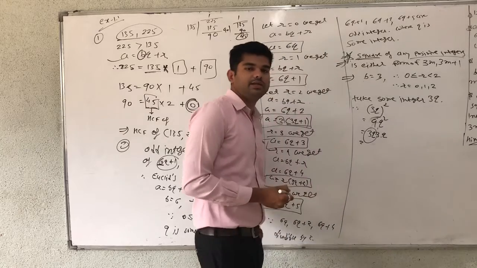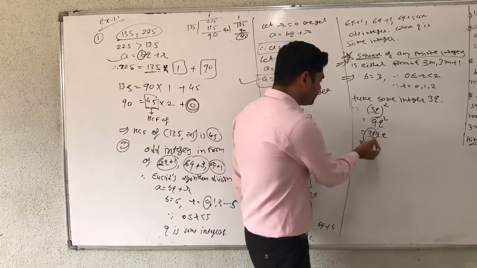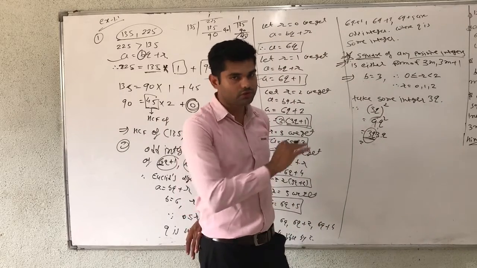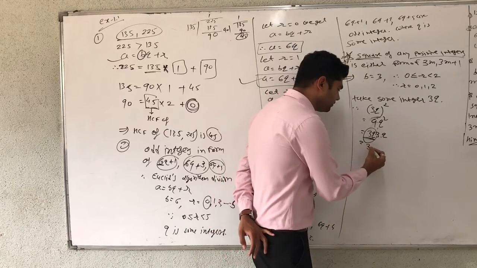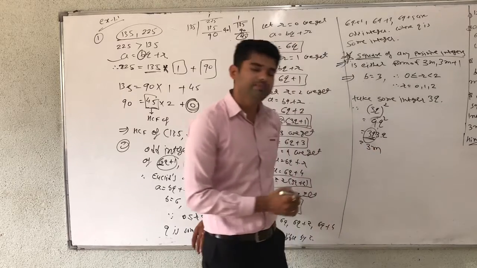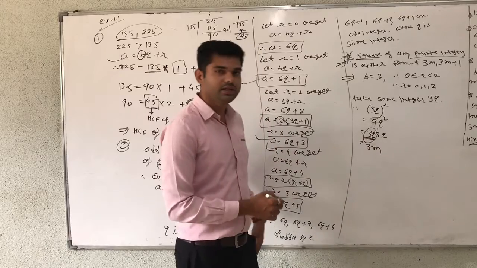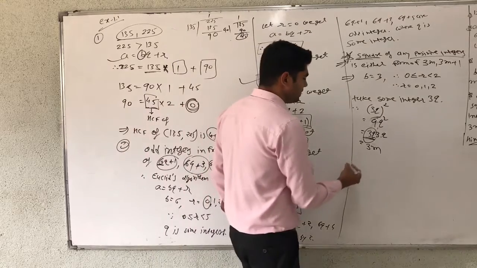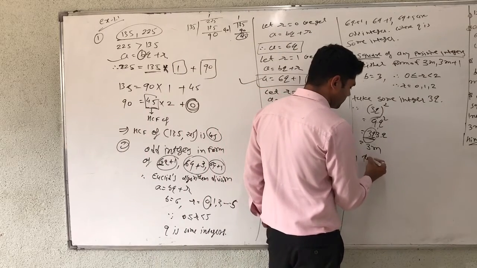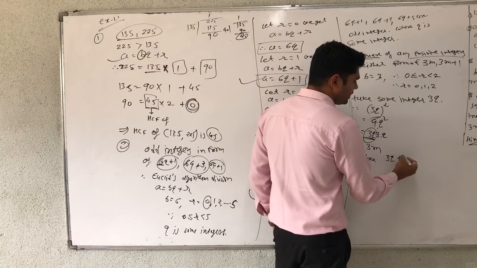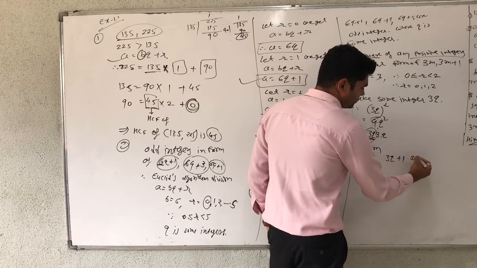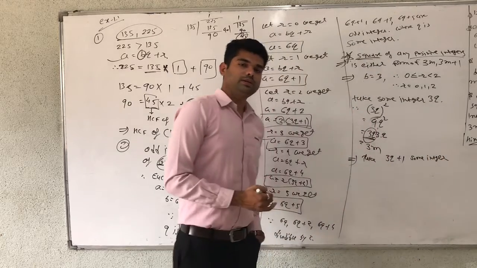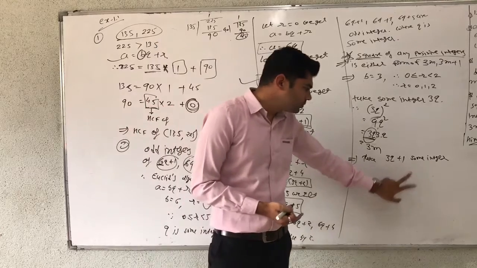So the square means 3q into 3q. Here 3q is given, therefore it is in the form of 3m. So in place of it we take m. Therefore 3 into m, and the remaining part we take as some integer, it means take m as some integer. Now take 3q plus 1 as some integer, because r equal to 1 gives the answer 3q plus 1.